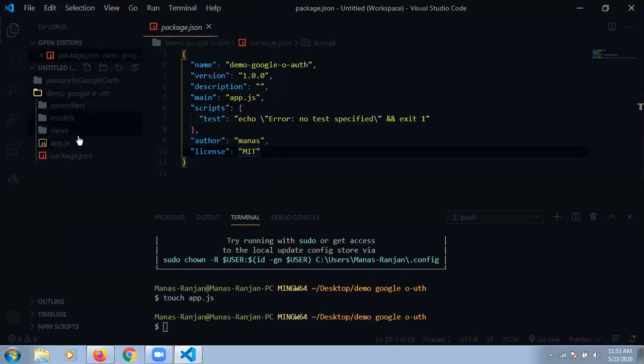So this is my MVC pattern. I'm writing all the code, and another folder for routes. So these are the main basic folders, and we are writing all the code here.